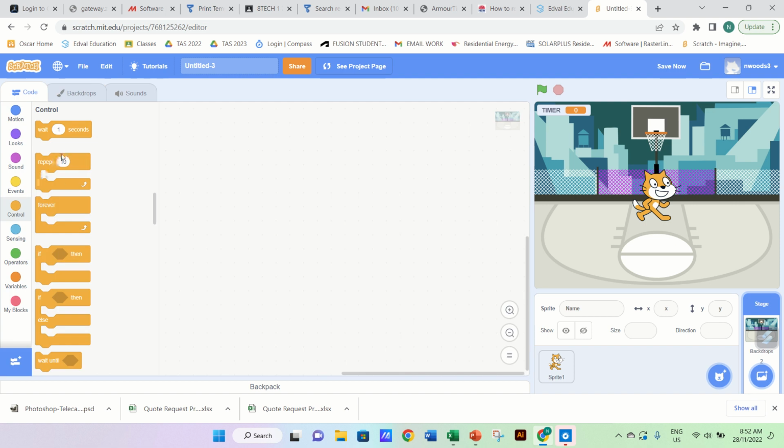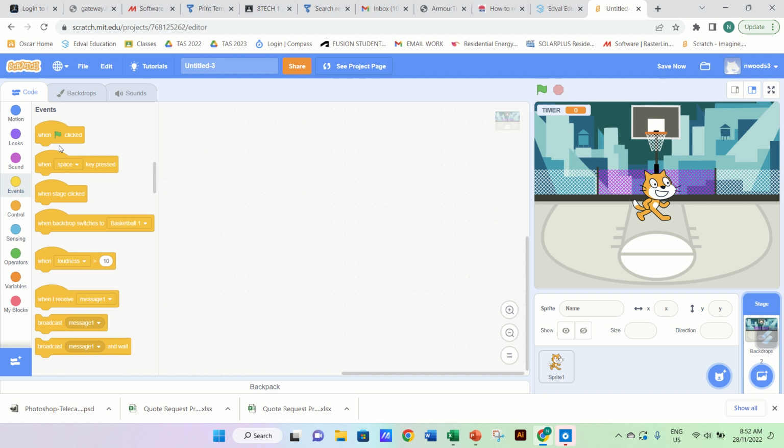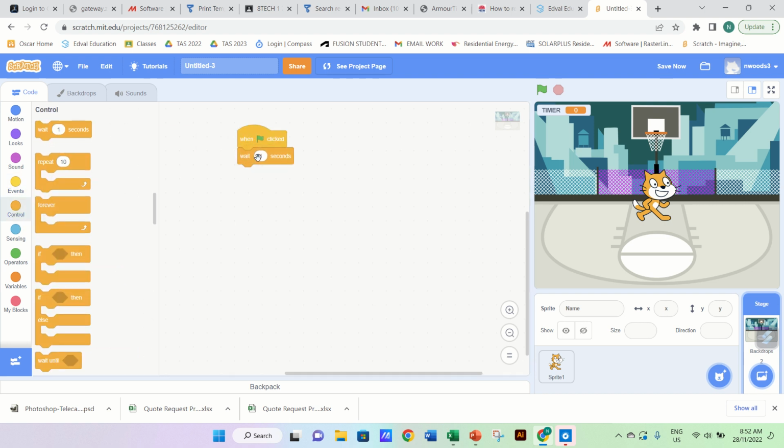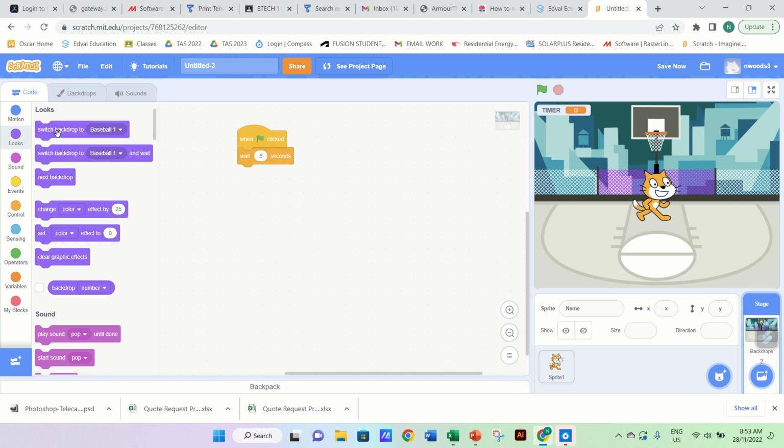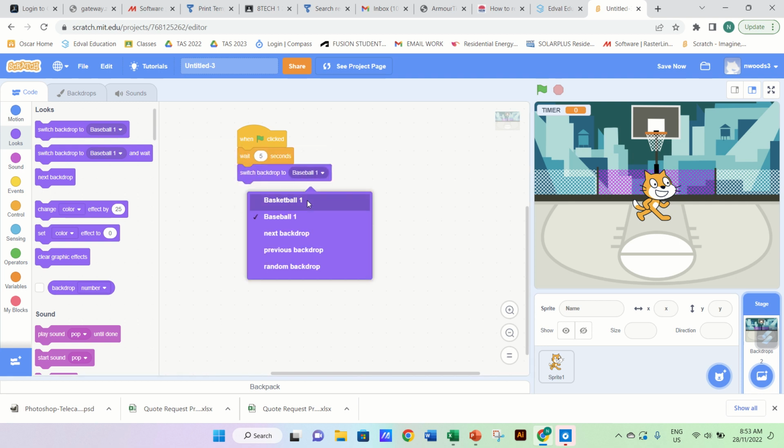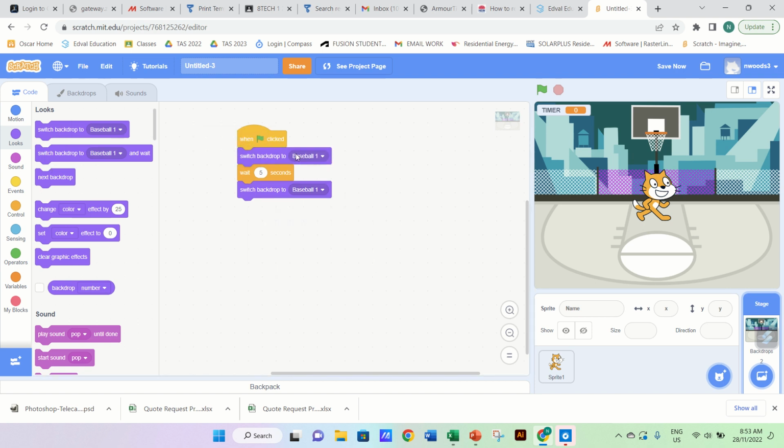And I might just say event when flag is clicked, wait 5 seconds, and I might say change to the next backdrop. Baseball 1, basketball 1. So flag is clicked, it'll be on basketball 1, it'll wait 5 seconds, it'll switch to baseball 1. Okay, and the timer,